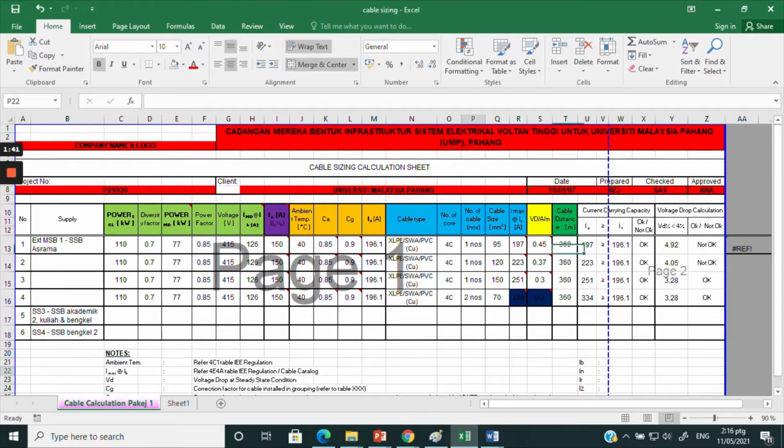Alright, so we go straight to the items inside the table. This is the number of buildings that we are going to supply power. The numbers 1, 2, 3 until 6 you may add on. This is supply to which building. Let's say we take the power supply from the substation to the asrama building. All things inside here are the data that we need to know in order to complete